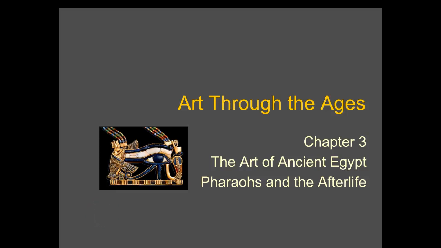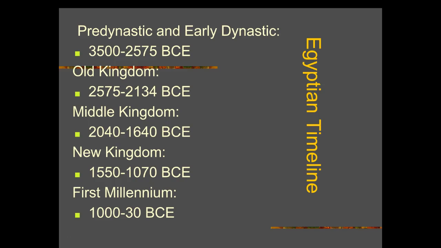Okay, guys, we're starting in our Egyptian chapter this time. We are still in Content Area 2. Again, Content Area 2 covers at least 4 chapters. We are breaking this down into different dynasties or different kingdoms. The fun thing about Egyptian art is it does not change very much throughout the entire succession of the art